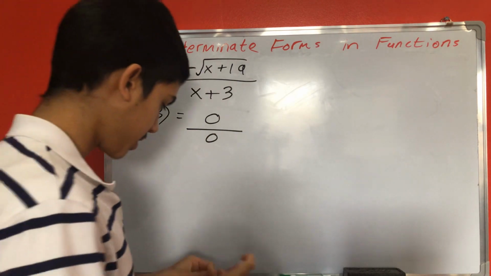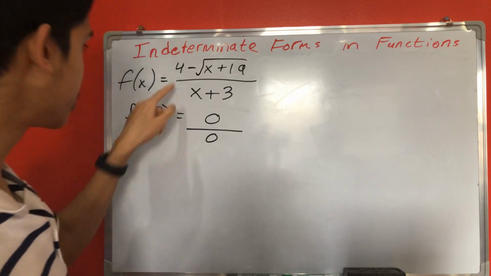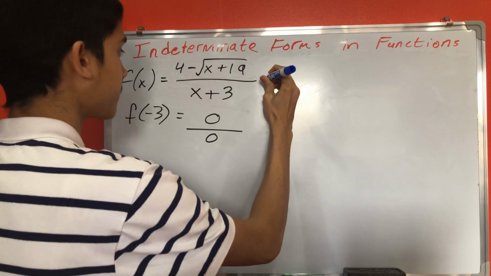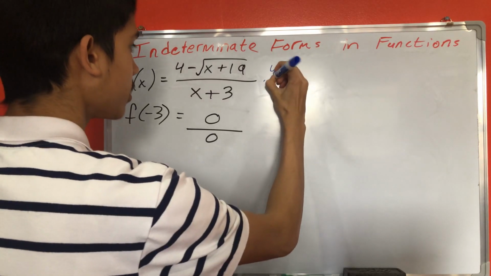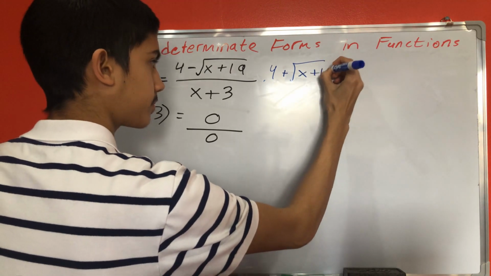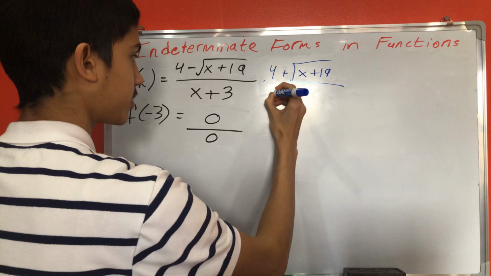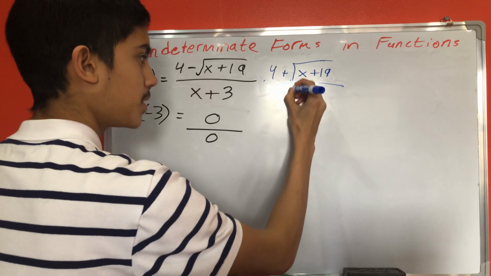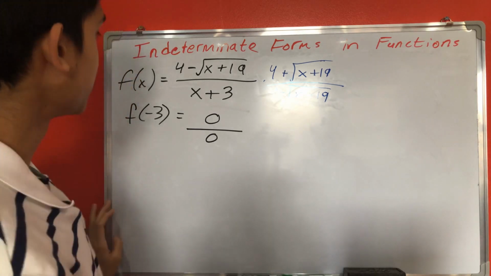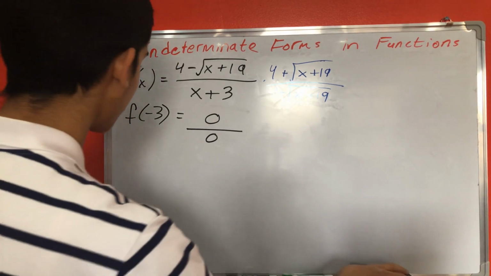I'm going to multiply by the conjugate of 4 minus radical x plus 19. So the conjugate is 4 plus radical x plus 19. I'm going to do the same thing for the denominator. It's basically like we're multiplying by 1 over 1, which doesn't change anything. So when we do that, we will get that